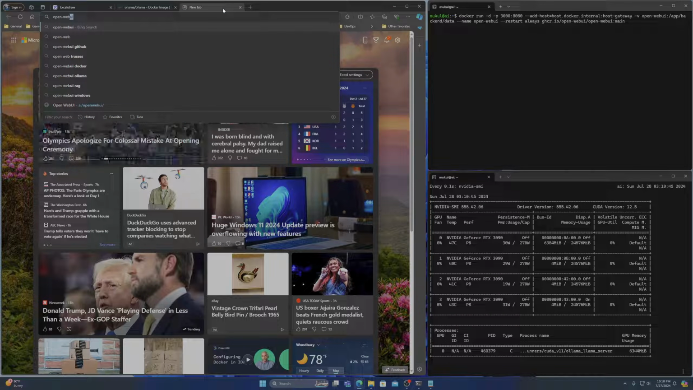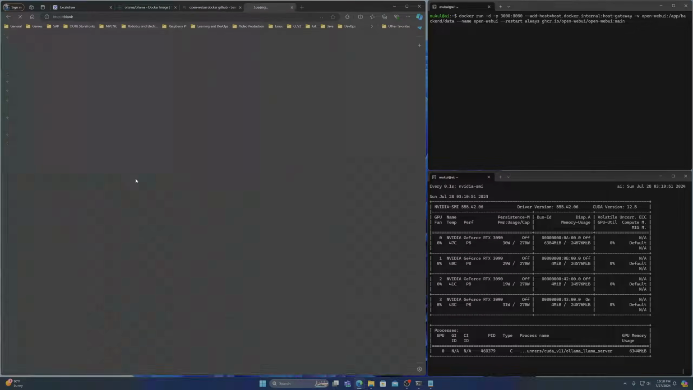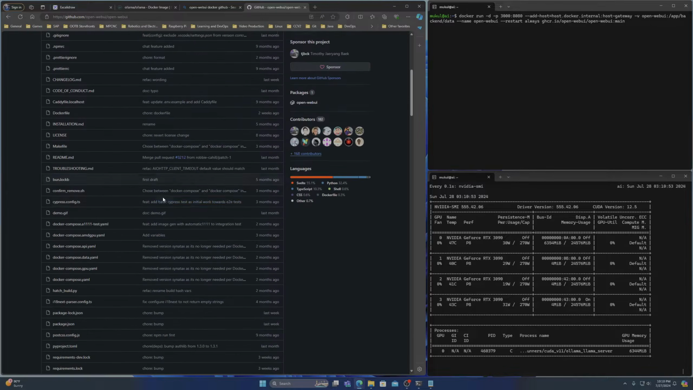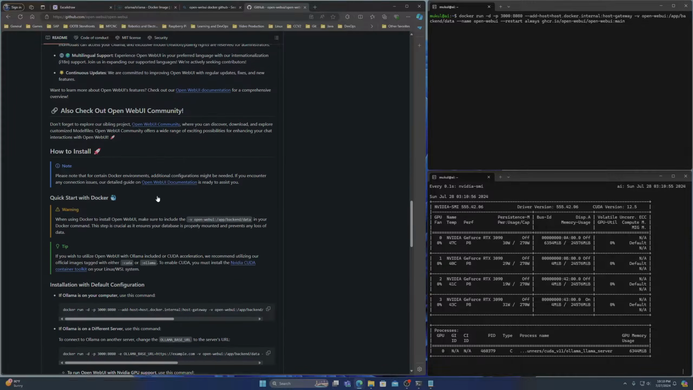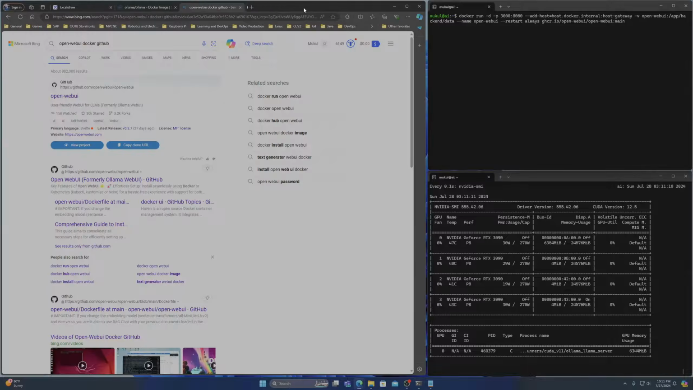Open WebUI Docker GitHub, something like this, and then the GitHub repo comes up. Over here you can scroll down, and the command that I have for running is right here. You see how it says add-host host.docker.internal and all that, and it already has restart always in it. It's the same command that I have over here, right? So I'm gonna close that out,